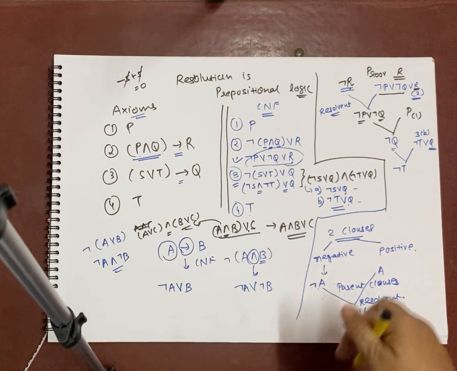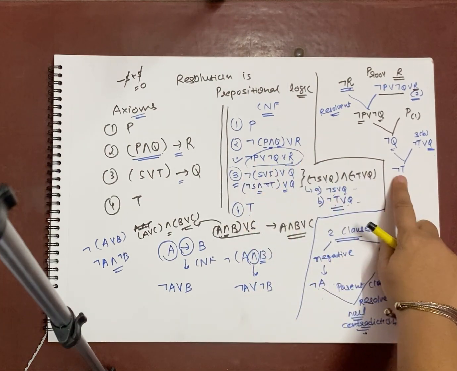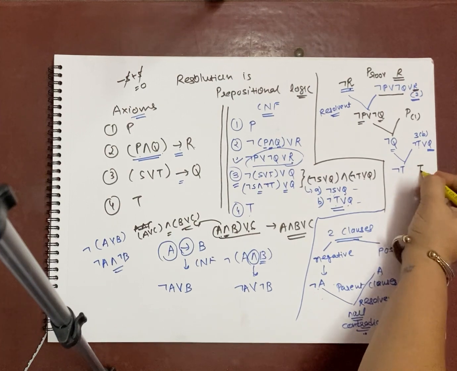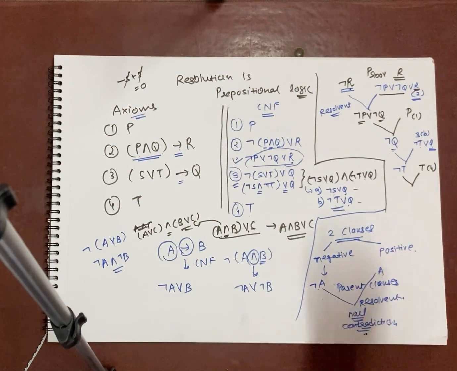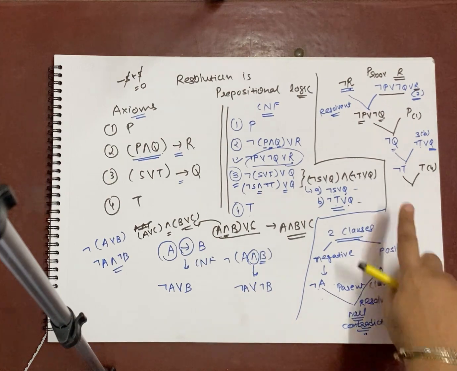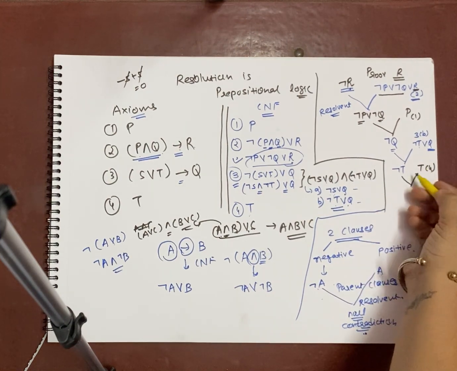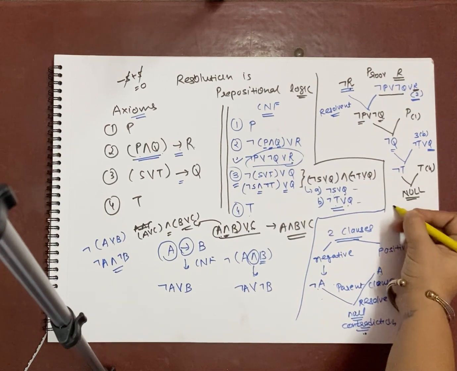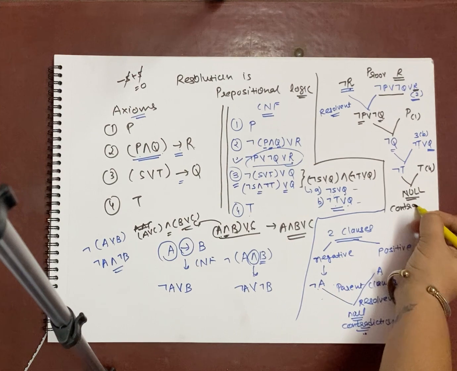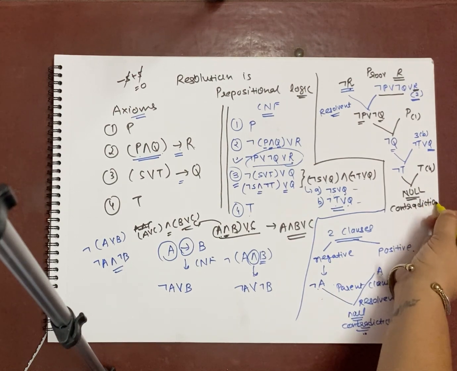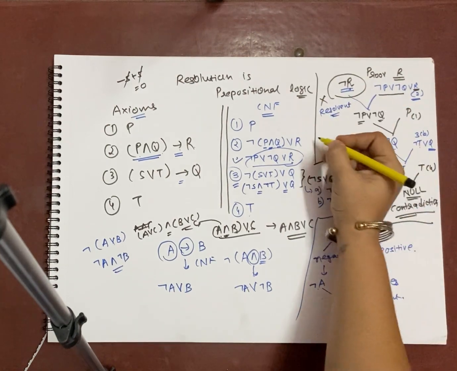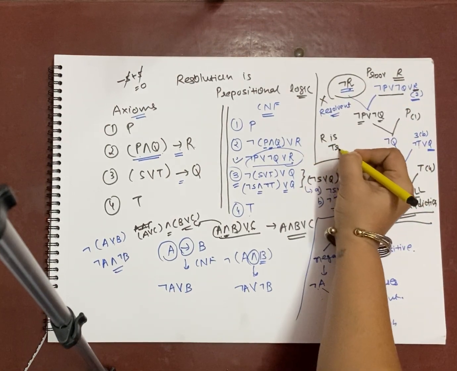Okay. Now once again, if I repeat the algorithm, what do I have to do? With negative T, I have to search for one of the clauses which contains positive T. Do we have any? Yes, over here in 4. So if you apply resolution between them, meaning not T and T, then a contradiction is found, nothing is remaining over here, and hence we declare that we have generated null. That is, we have generated a contradiction, right? And that's why we can say that not R is not true and hence R is true.